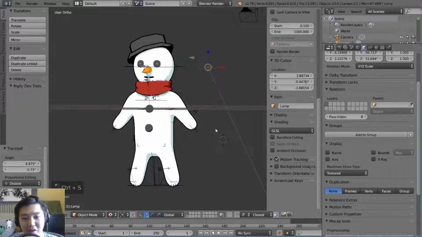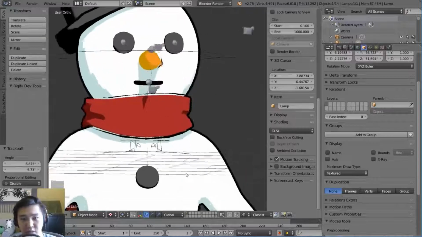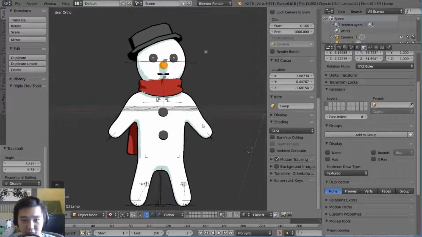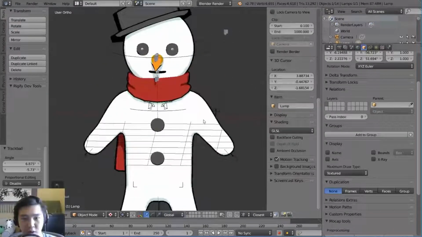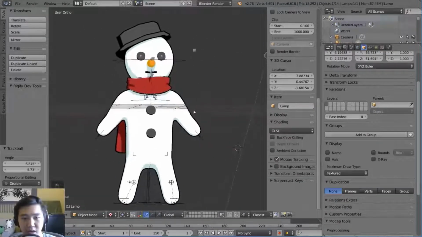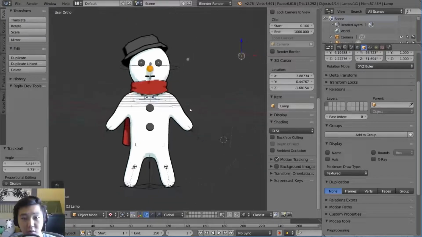So yeah, in the next video, what we're going to be doing actually is we're going to be setting up, I want to make him look a little bit less creepy actually. I'm going to add some stuff to his eyeballs, and then we're going to go ahead and modify the colors of the backface culling outline a little bit to give him a little bit softer of a feel. Right now he looks a lot like the original concept art, which looking back on it is not exactly the friendliest looking snowman. It could look a lot better. So what we're going to be doing is modifying the colors a little bit for the backface culling, and then we're going to be working on the rendering portion after that.